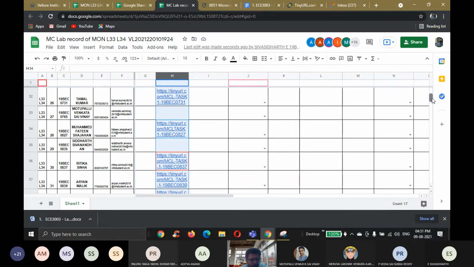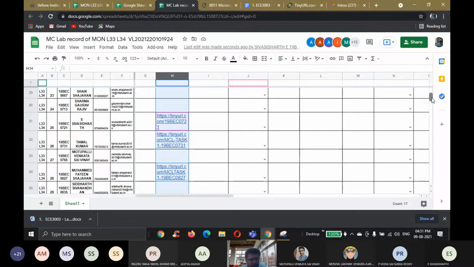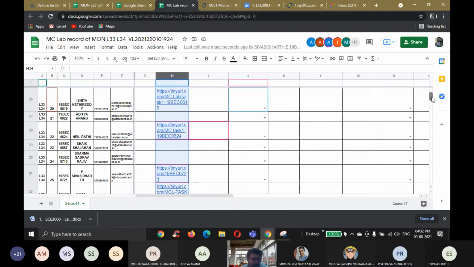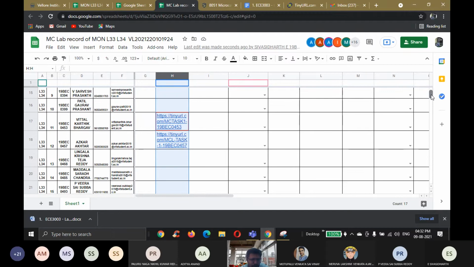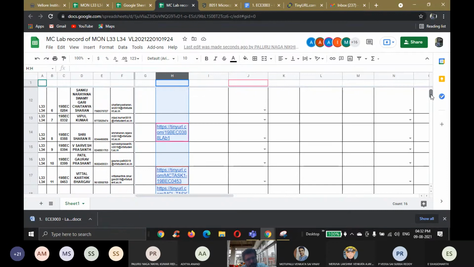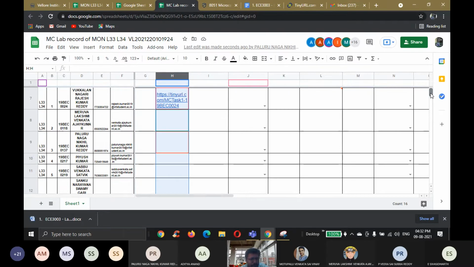Varun Teja, Siddharth, Sai Vinay, Rajiv, Sharma Gaurav, Aditya Anand, Rohit, Teja, Sarath, Gaurav, Vipul Kumar, Piyush Kumar, Venkata Satvik. All these fellows finish it fast. Nikhil Kumar Naga, Lakshmi Venkata, Ajay Kumar.